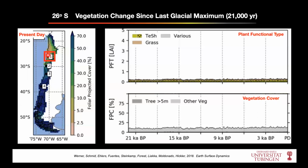And I'm only going to show you results from the Atacama and the rainforest in the south here. What you're looking at on the right here is the Atacama region. And you have time on the horizontal axis going from 21,000 years ago when we were at a glacial maximum on Earth and to present day over here. What's shown in the lower plot here is how the vegetation cover changes with time, and it stays very low, around 15% or so, 10 to 15%